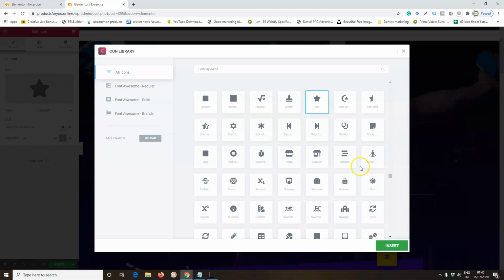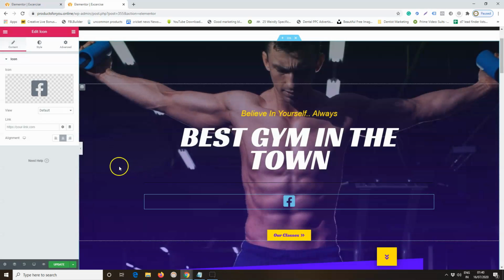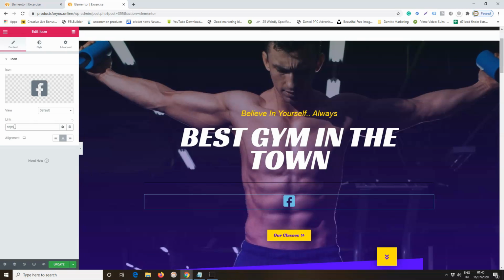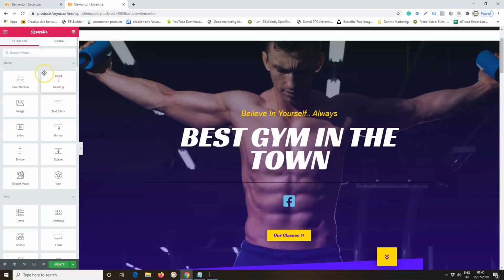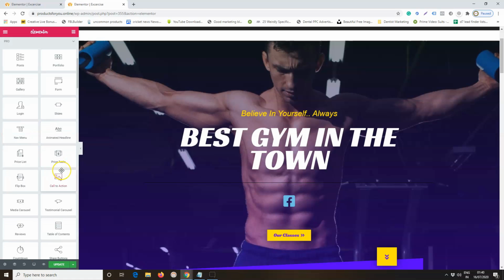Say for example you want to add your Facebook page, just search for Facebook. Okay, then the Facebook icon will be added, and you can give the link of your Facebook page. Like that.